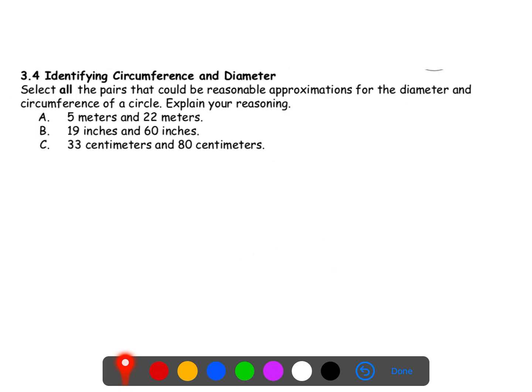Let's do a little problem solving. Now for this activity, it says select all the pairs that could be reasonable approximations for the diameter and circumference of a circle. Now, based on what we just talked about, if we had a table set up and we were comparing the diameter to the circumference of these circles, all